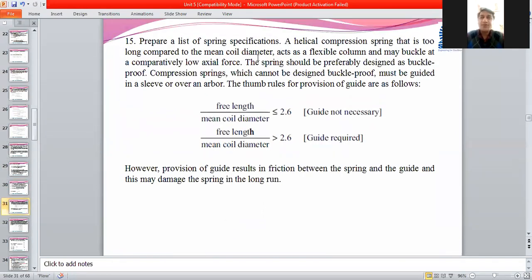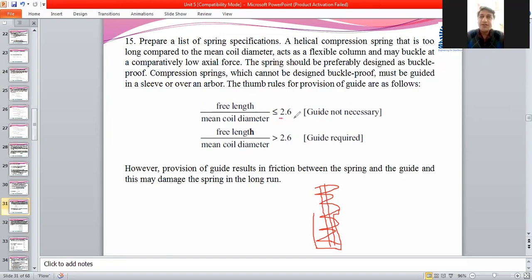And later on, we have to think about the support which we discussed yesterday. If the spring is too long, it is going to buckle, and hence we provide support from the outer side or from the inner side. You might have seen in conventional shock absorbers of a two-wheeler, such a cap is provided from the upper or lower side to support that spring so that it does not buckle.